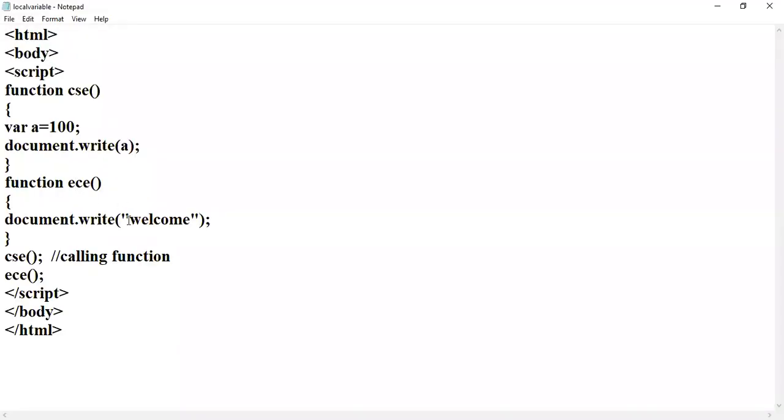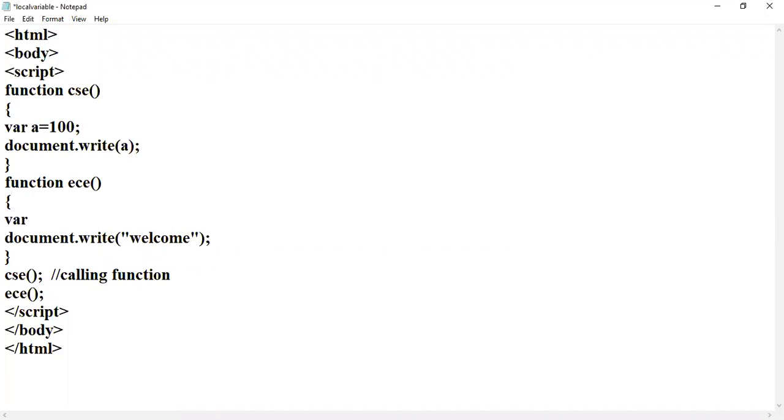A local variable is local to a particular function or a particular block only. Now what I will do, I will write another variable in this function ECE: var b is equal to 200. Now in this ECE function, I will try to display the value of b.